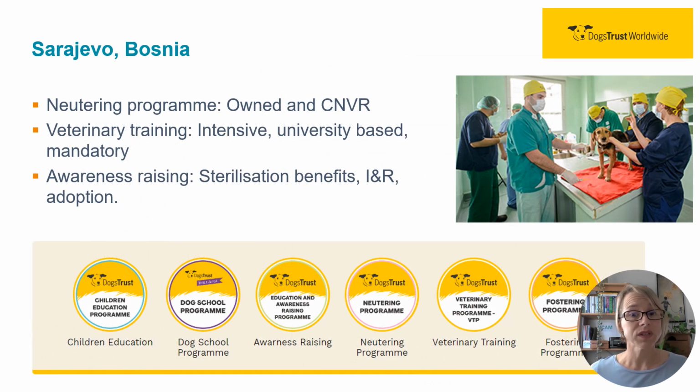I have one more example of this dog bite indicator from Bosnia in Eastern Europe. Dogs Trust Worldwide set up in Bosnia in 2012 and ran a comprehensive DPM project. It included CNVR, but it was not limited to that. They also spent a lot of effort on the owned dog population, including a very effective veterinary training programme and associated marketing campaign, which has created a sustained increase in the owned dog sterilisation levels.